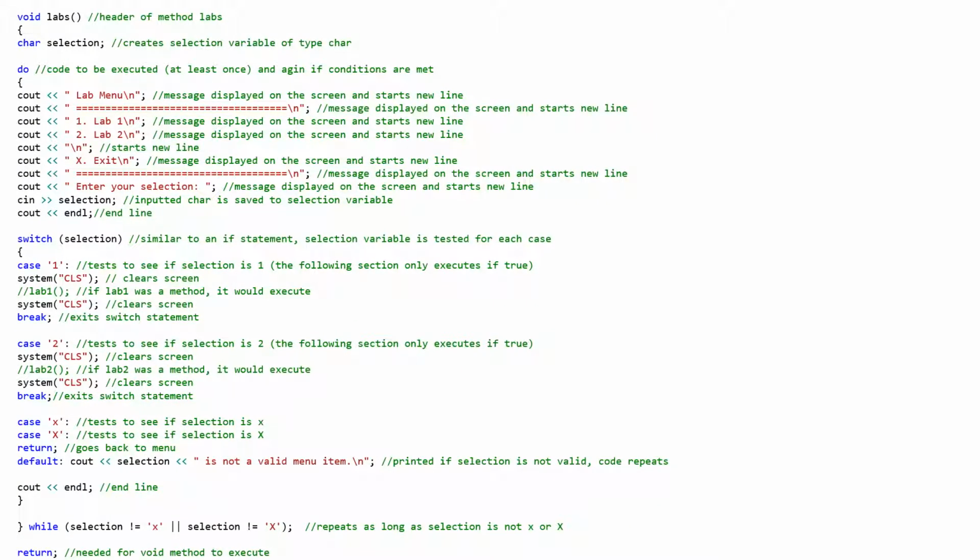This is the labs menu. It's the exact same thing as the assignments menu, except instead of pressing 1 and 2 and bringing it to the first and second assignment, it brings you to the first and second lab. And the same thing happens where